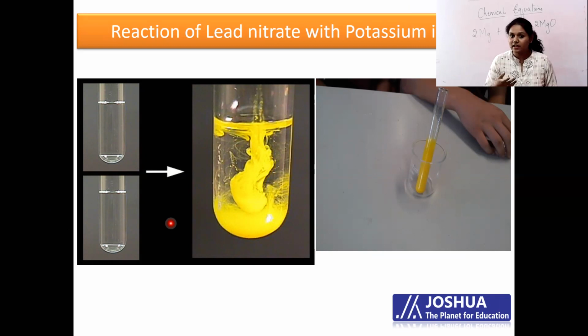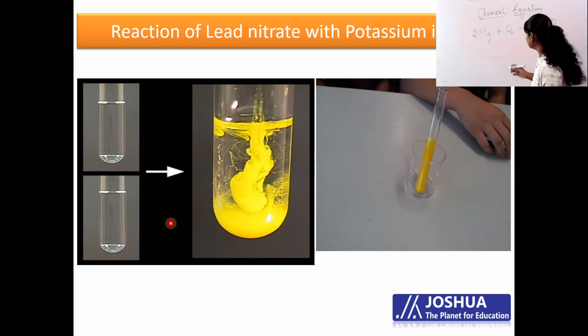And now you know that this is a chemical change because reactants were transparent in nature, but the product that you got is yellow color. And the yellow color solution or precipitate that you have got, you cannot reverse them back into transparent solutions of potassium iodide and lead nitrate. Since you cannot revert them back, it is called as a chemical change. Okay, now how will you express this chemical change into a chemical equation?